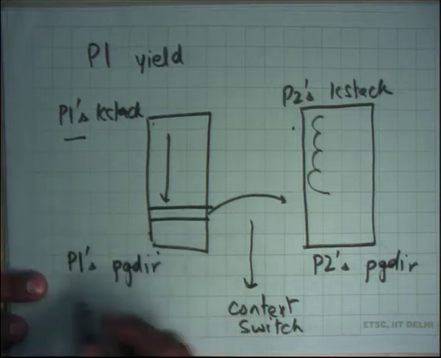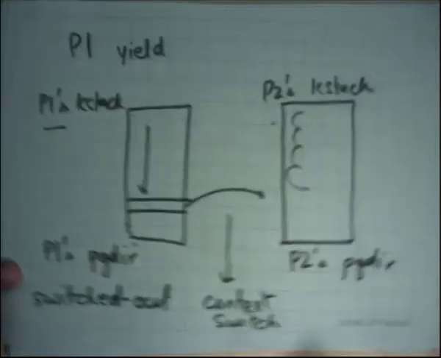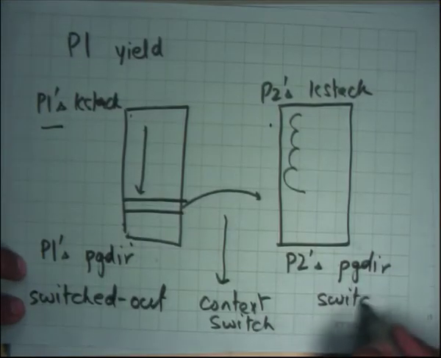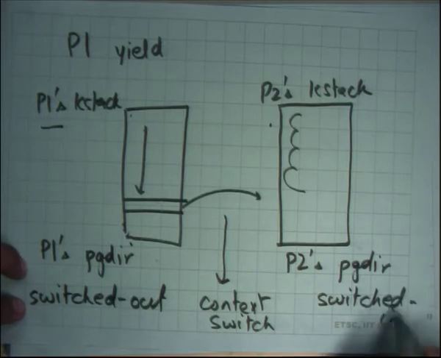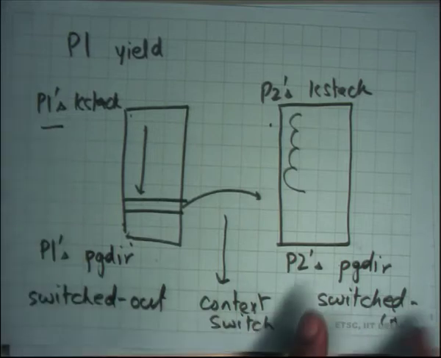So this process is called the switched out process, right, and this one is called switched in, right. So the kernel maintains a list of all the switched out processes. The scheduler picks one of those switched out processes, and a switched out process must have a K stack and a page directory. You switch to that K stack and you switch to that page directory, and you are now running in that particular process's mode. So that's how a context switch happens at the process level.